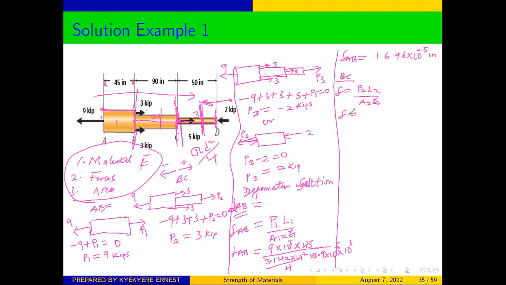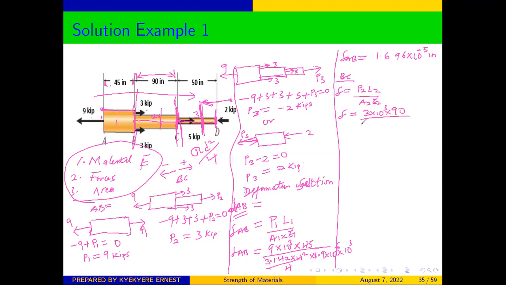We are told that it is 3 kips, so 3 times 10 to the power 3 because of the kips, times the length of the section. The length of the section, don't add this 45. It is only from B to C. The section is only from B to C. So the length of the section is going to be